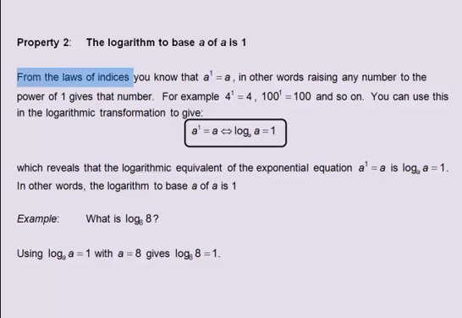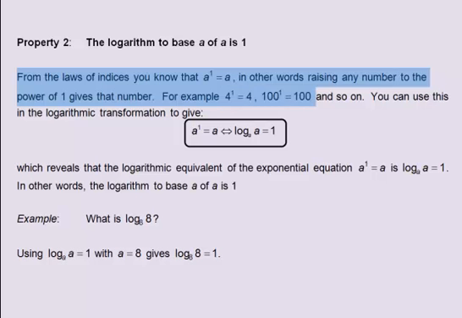From the laws of indices, you know that a to the power 1 equals a. In other words, raising any number to the power of 1 gives that number. For example, 4 to the power 1 is 4, 100 to the power 1 is 100, and so on. You can use this in the logarithmic transformation to give